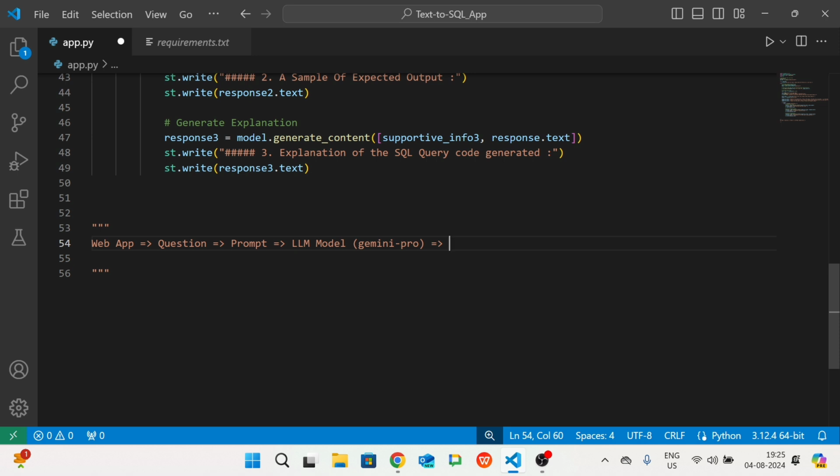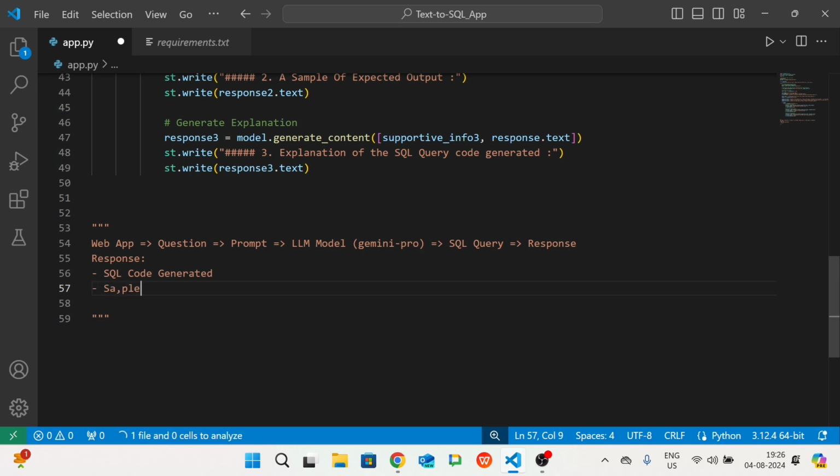The further flow is that the SQL query will be generated, and the user will be getting a response. That response has three parts. First is the SQL code generated. It will provide you the generated SQL code as the first task of the response. The second will be your sample output example.